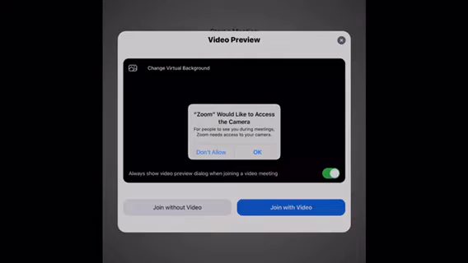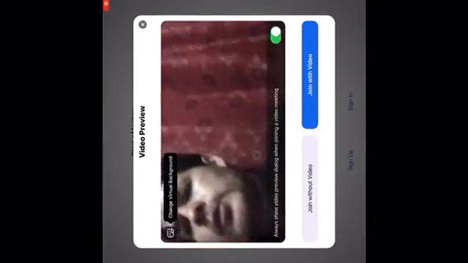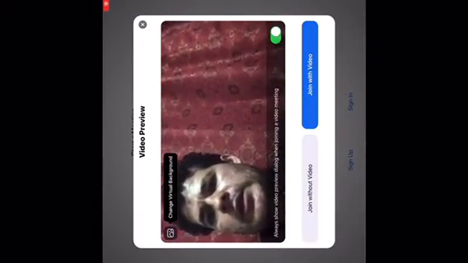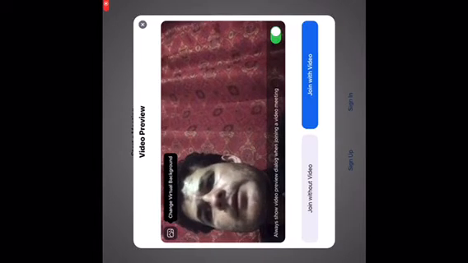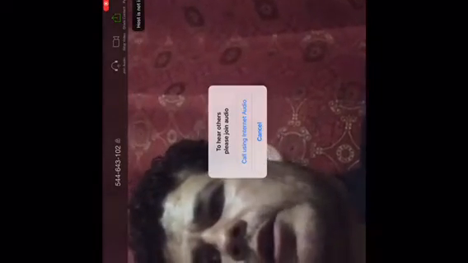Seleccionan, you'll get a couple of prompts asking you to allow access to the camera, probably allow access to the mic, select OK. Todos estos, por favor, seleccionen OK para aceptar el uso de la cámara y el uso del audio. Como se dan cuenta, you will click on Join with Video. Okay, and click OK on here. Allow, OK, allow. Opriman todos esos, and then call using internet audio. Okay, so